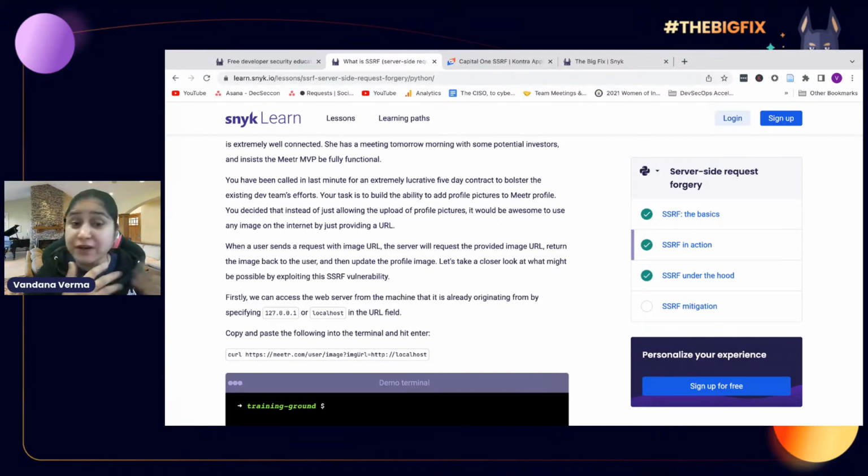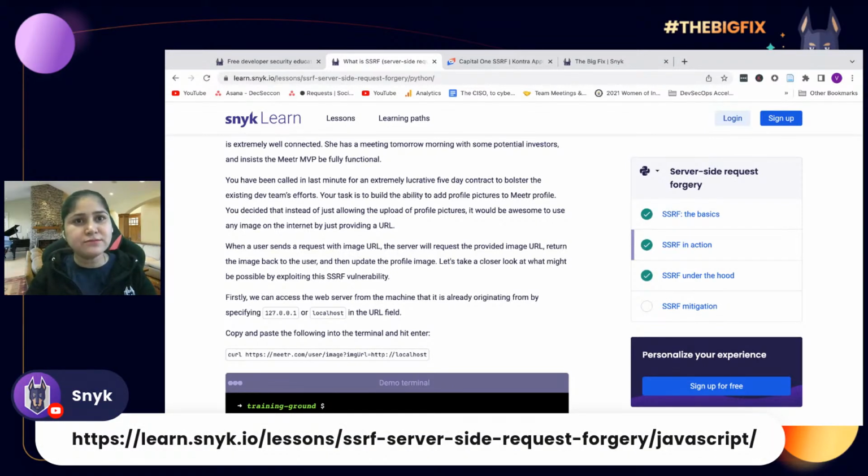The server is supposed to do that, it's a functionality. Then the server returns the image to the user and updates the profile image. So if you send an external URL in the request form where you have your own image, you can just upload it.